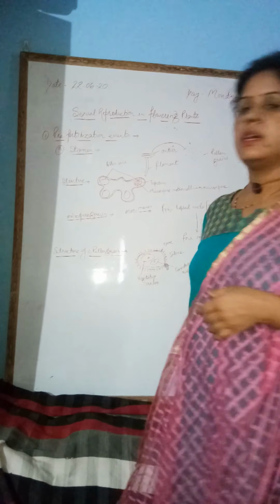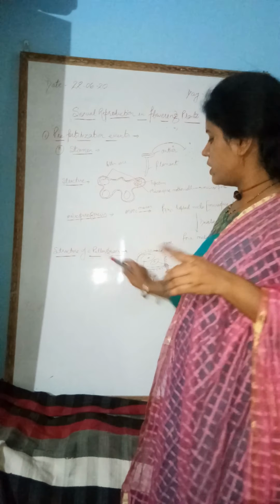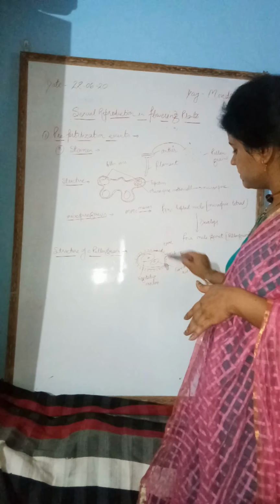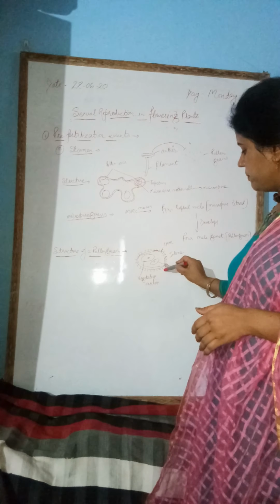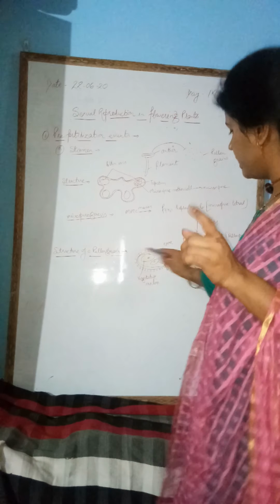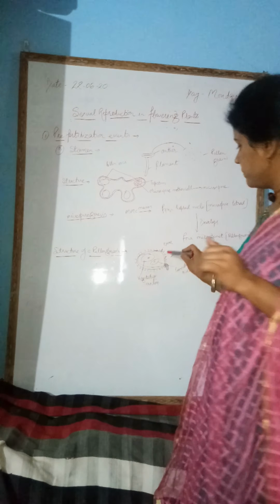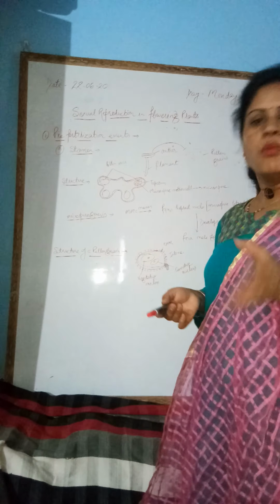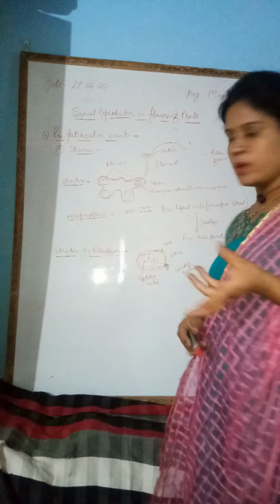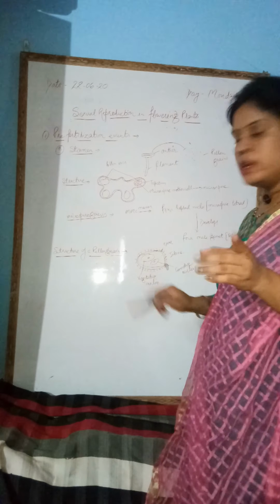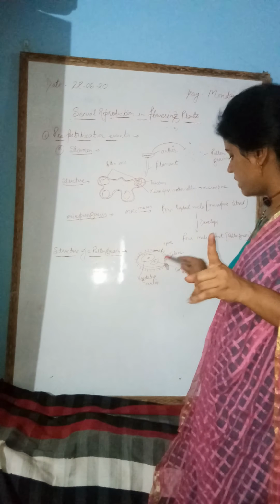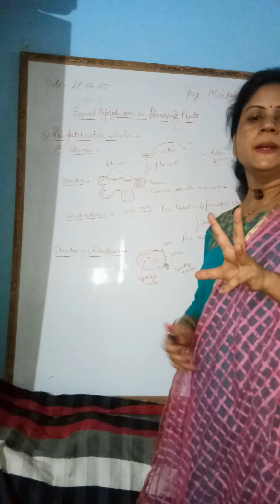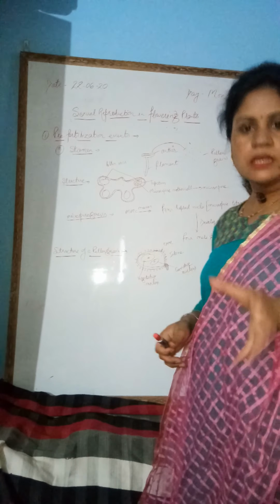Now the structure of the male gametes, or the structure of pollen grains. Here is a diagram of a single pollen grain. Pollen grains have many shapes, but mostly they are oval. The outer wall is called the exine and the inner wall is called the intine. These walls cover and protect the pollen grain.